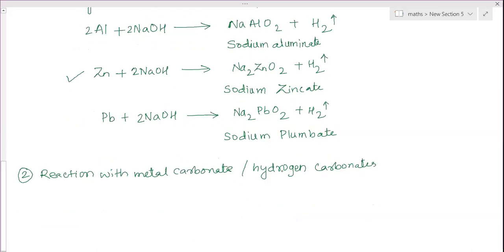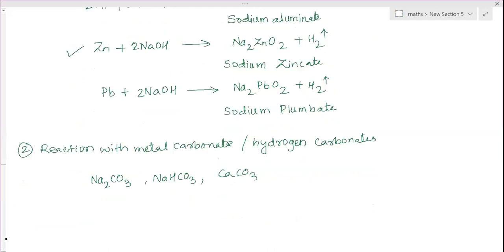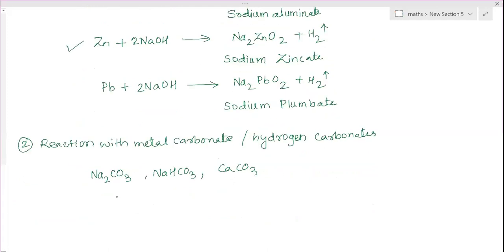So reaction with metal carbonate or metal hydrogen carbonates, in that metal carbonate means Na2CO3, sodium hydrogen carbonate NaHCO3, calcium carbonate, calcium hydrogen carbonate. So whenever metal carbonate or metal hydrogen carbonates